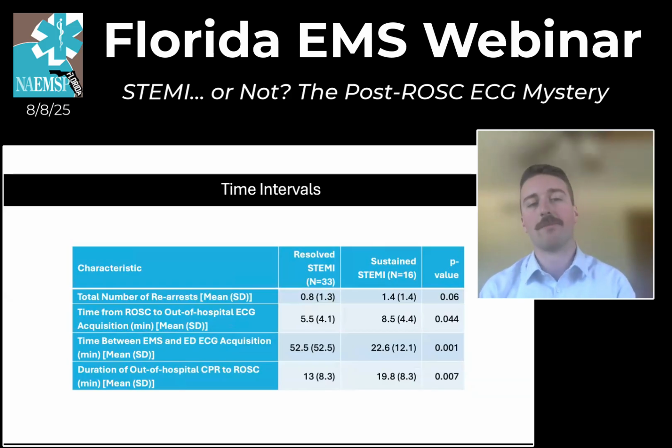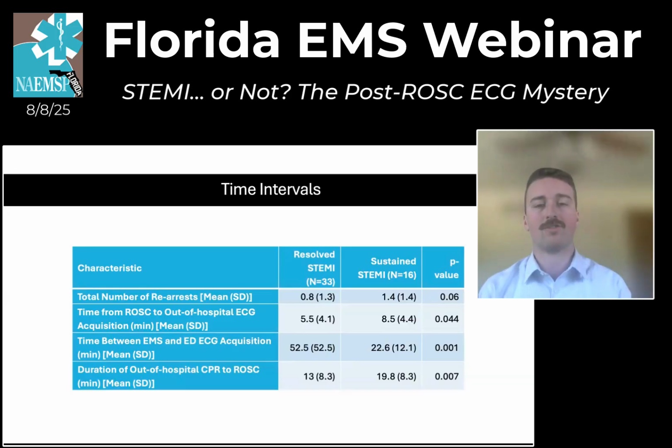So looking at the time from ROSC to acquisition of that initial out-of-hospital EKG, the patients with sustained STEMI actually had a longer period of time from that acquisition compared to those with resolved STEMI. So 5.5 minutes was the average time for people who had resolution of their STEMI on subsequent EKGs, while 8.5